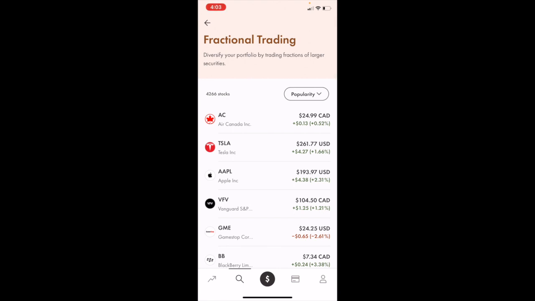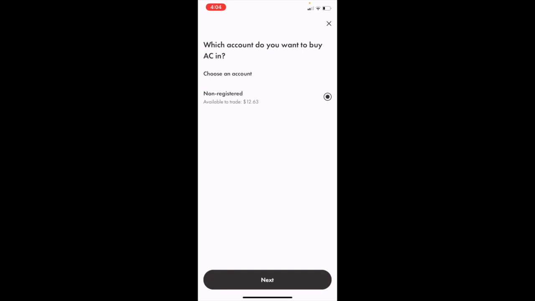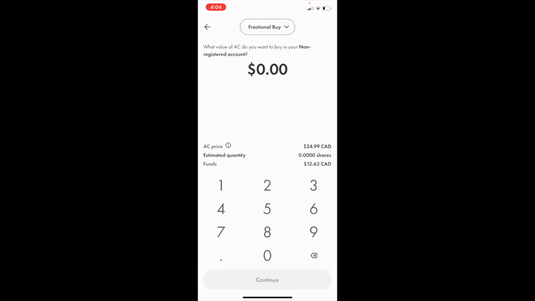So for example, if you wanted to buy a fractional share in Air Canada, by the way, this of course is not financial advice, just showing you guys a demonstration on how to purchase a fractional share inside of Wealthsimple. We can press on Air Canada right here, then go to where it says buy. Then on this screen, we're going to go ahead and use my non-registered account because now we're on the fractional buy area. If you wanted to go ahead and fractional buy $10 worth, you can go ahead and press $10,